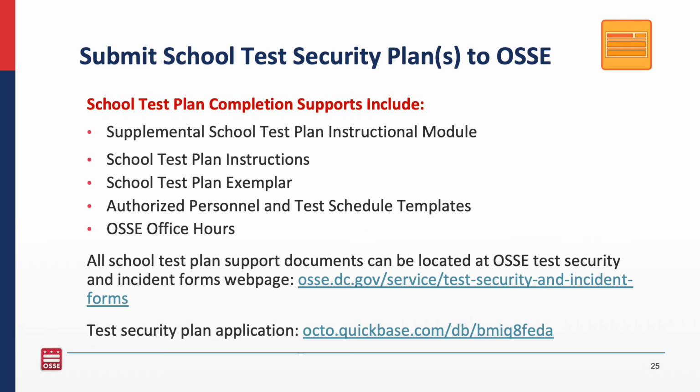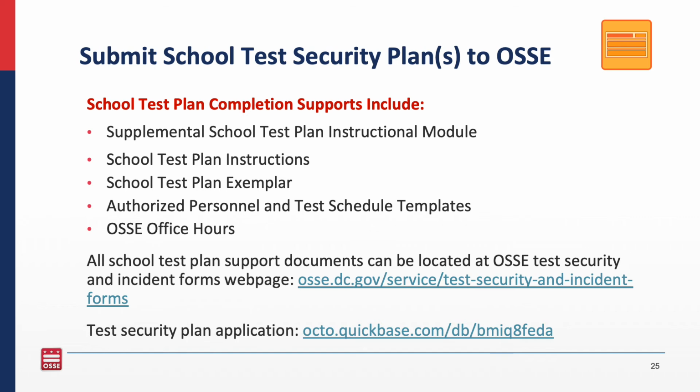Those supports include a supplemental school test plan module. OSSE has recorded a school test plan instructional video that walks LEAs through the school test security plan application and goes over things that are needed to complete that process.